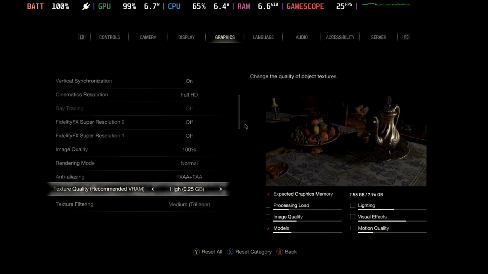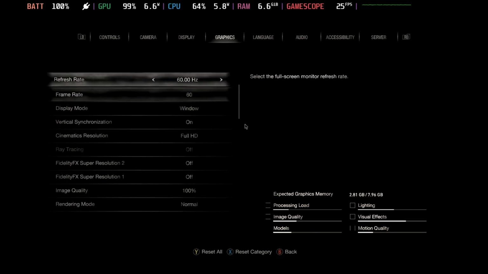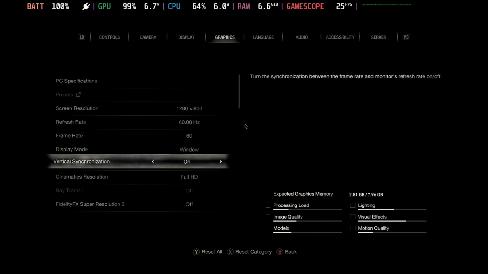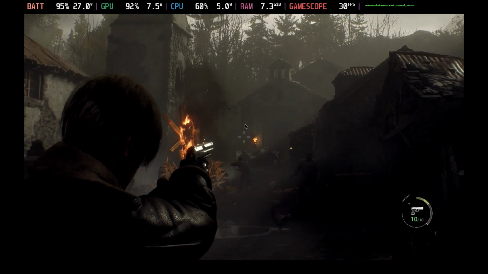But bringing the texture quality down to medium and the texture filtering down to medium with the motion blur off did seem to help quite a bit. Turning VSync off didn't seem to make a huge amount of difference, but I did leave that off as well, just to try and eke out a little bit more performance. And capping this at 30 frames per second in game or via the Steam Deck did also make it much